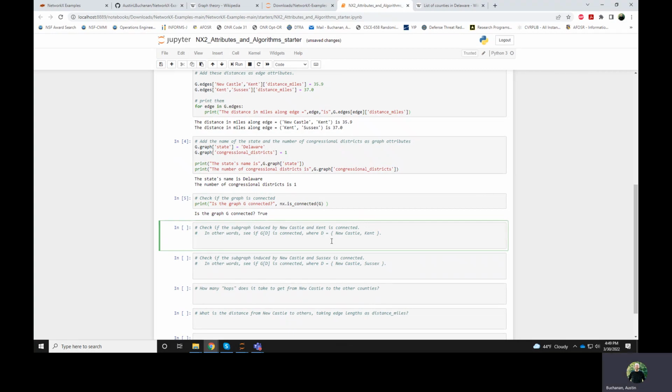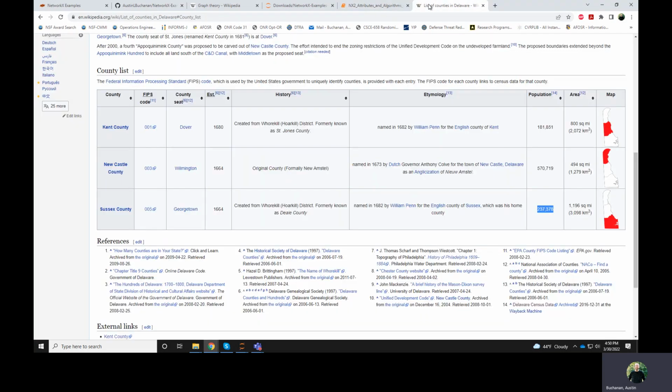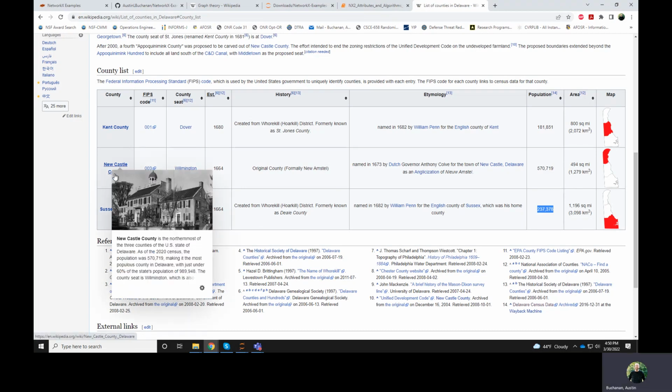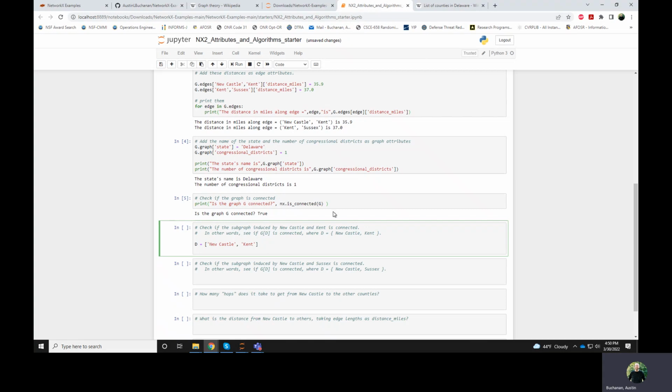Then we could ask if districts are connected. So let's suppose that we decided to make a district just consisting of Newcastle and Kent. I could put those two in a set, or I could put them in a Python list. Either one of these I think would be appropriate. I'll just put it in a list. So Newcastle and Kent. If that were a district, Newcastle is on the top and Kent is in the middle. So they do touch each other, so that would be a contiguous district. So if we check that,